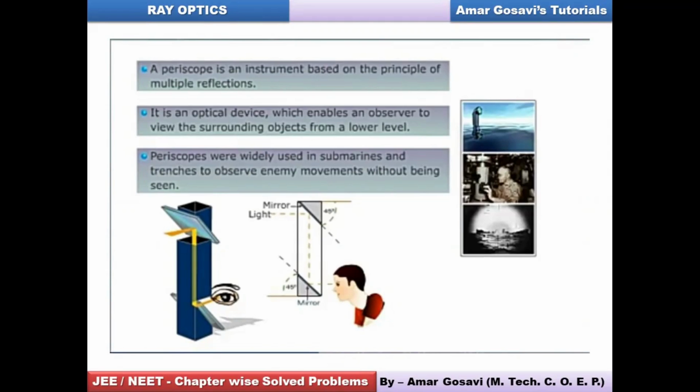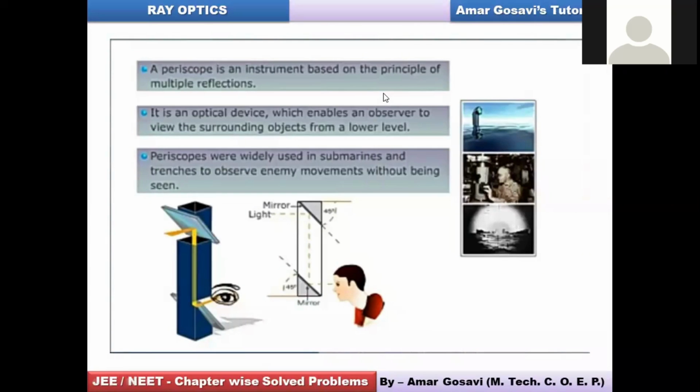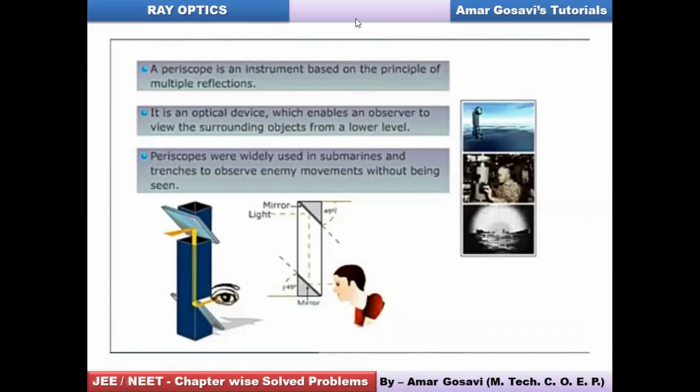Most of you say yes. Friends, today what we have done is we have discussed the total internal reflection of